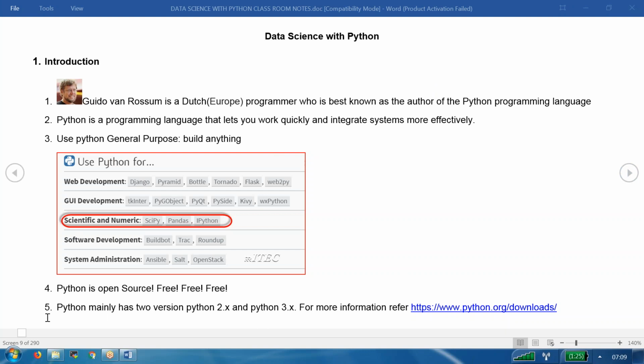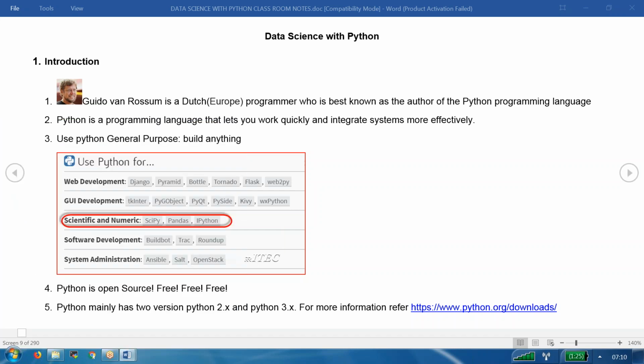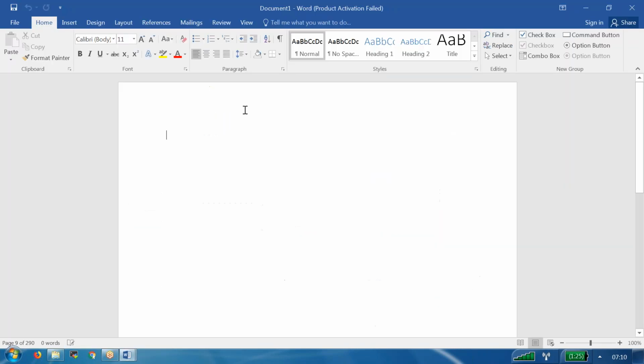The data science mainly we are implementing using two flavors. So it is a process and we are implementing using one flavor called R, second flavor called Python. Now my question is why we cannot implement the data science process